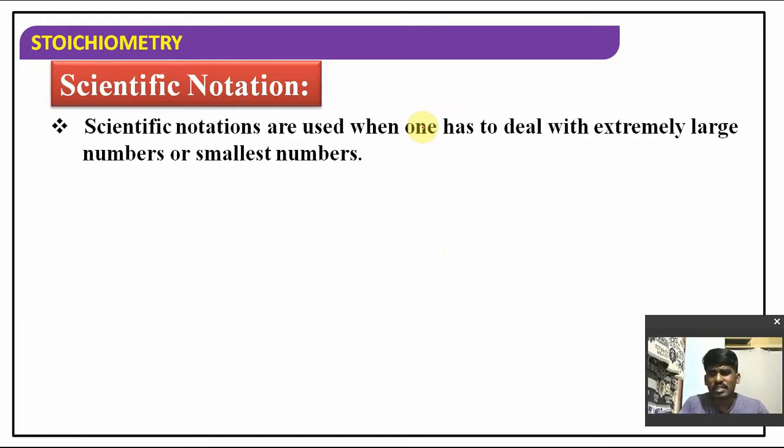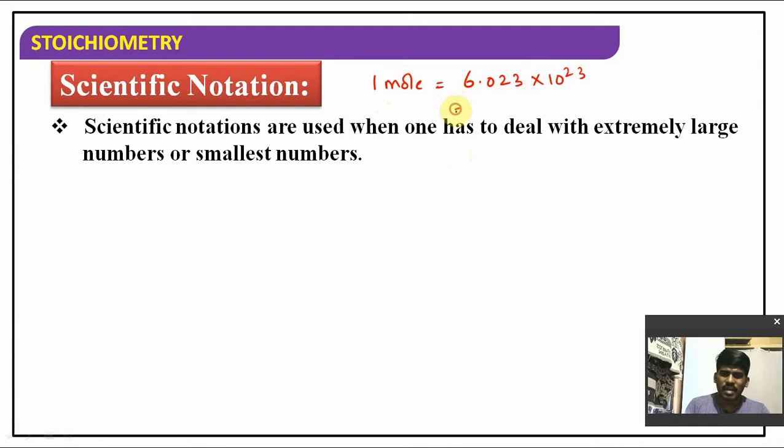As you know, chemistry is the study of atoms and molecules, which have extremely low masses, very, very low, and are present in extremely large numbers. Suppose, we will be discussing later, of course, 1 mole is equal to 6.023 into 10 to the power of 23. Yes or no, guys? Just imagine. We are handling this. It is almost like 6022 or 3.